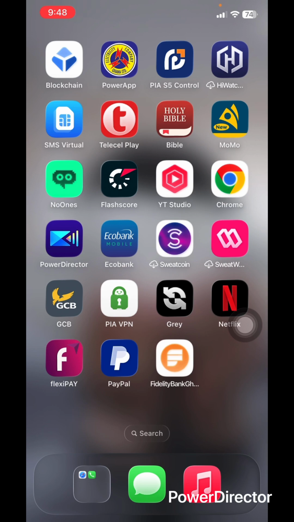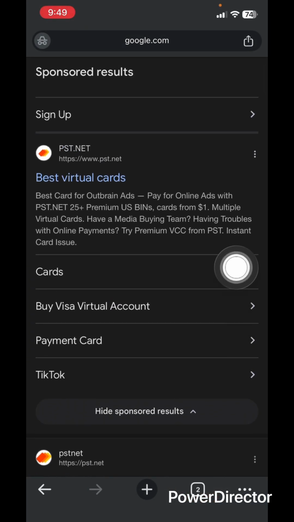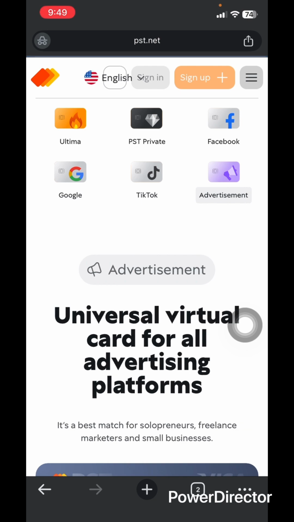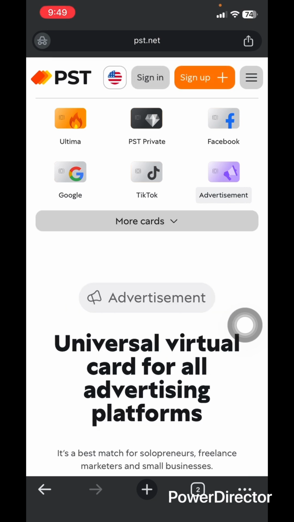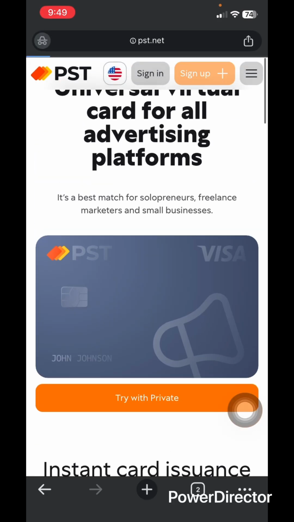Okay, so what you need to do is to visit our browser, then type in pst.net. So as you can see, it's already here. You tap on it and wait for it to load. Okay, so you see an interface like this. It says either sign in or sign up. The sign in is for someone who already has an account, and the sign up is for someone who is new to everything. So since you are new to it, you just tap on sign up,